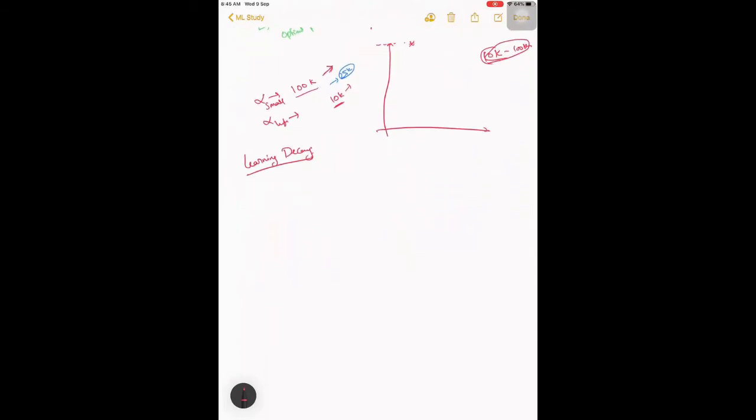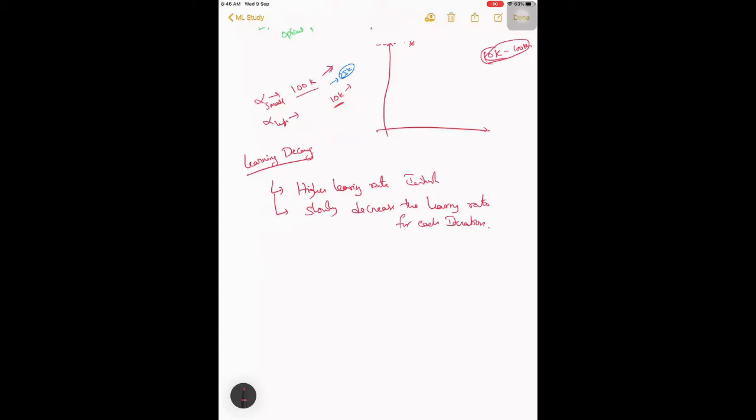How we can do that is, initially we use a higher learning rate and slowly decrease the learning rate for each iteration.